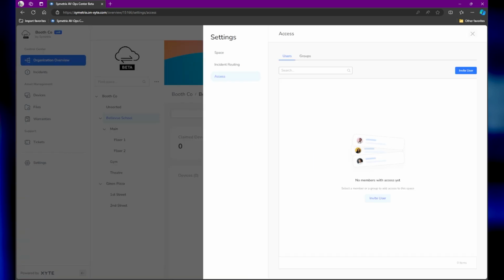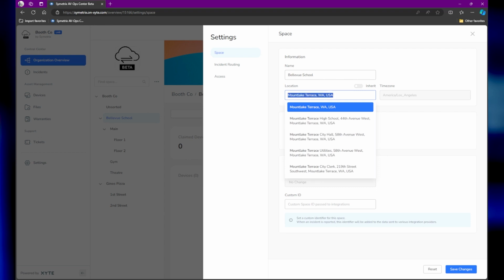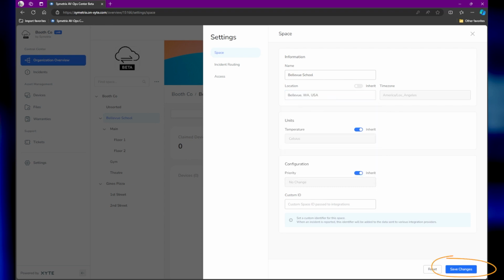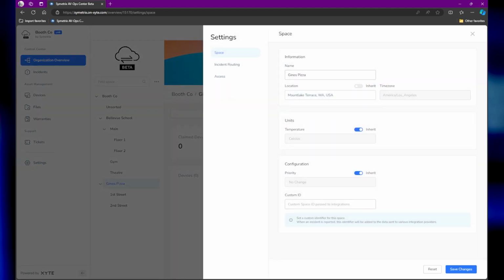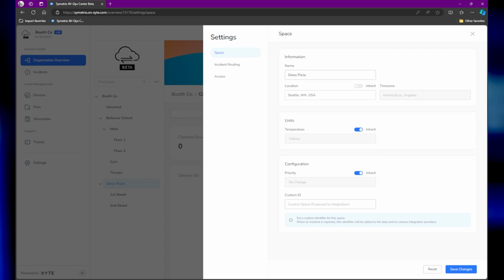And let's go back here. I did forget something, but I remembered it. I need to type Bellevue, Washington again and hit save. Forgot to do that. And finally, let's go to Gino's Pizza and give them a location. And they're in Seattle. Of course, I could give them more detailed addresses here, but I'm just giving a high-level